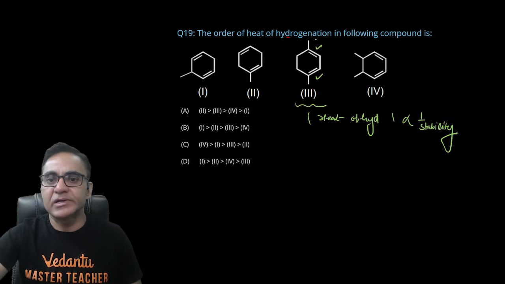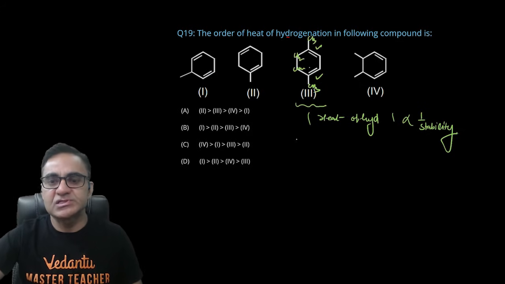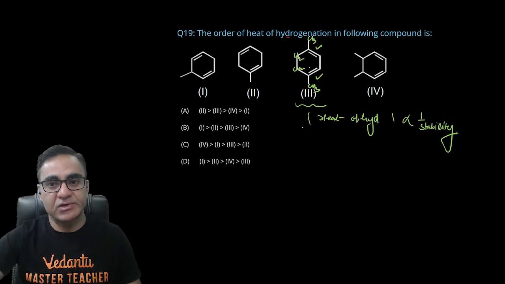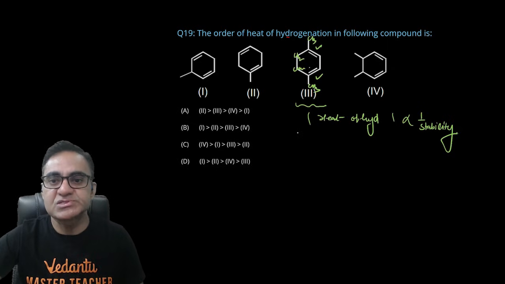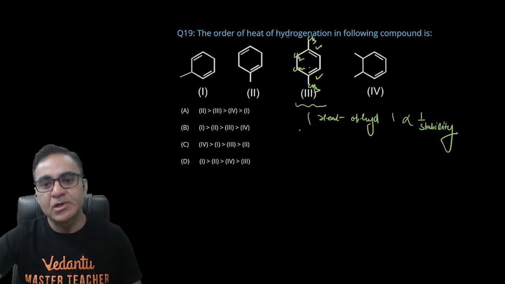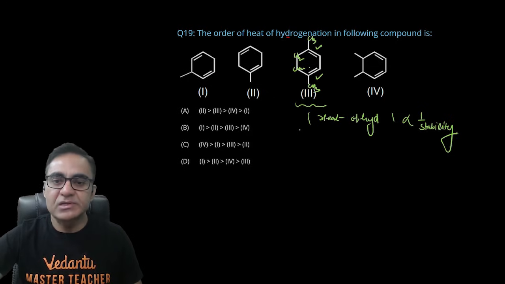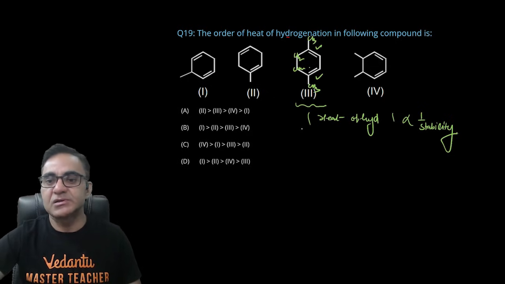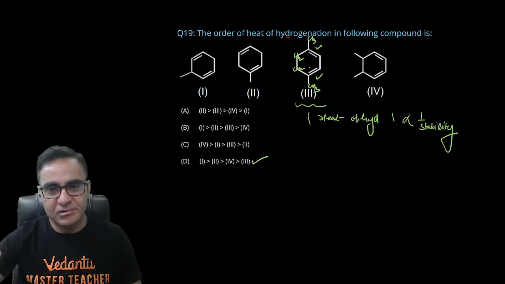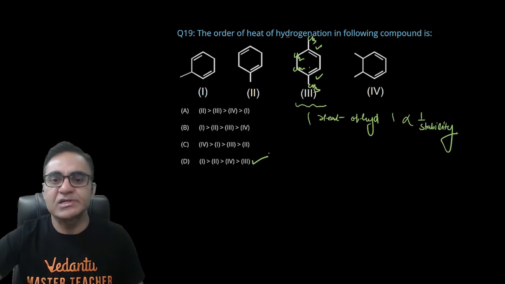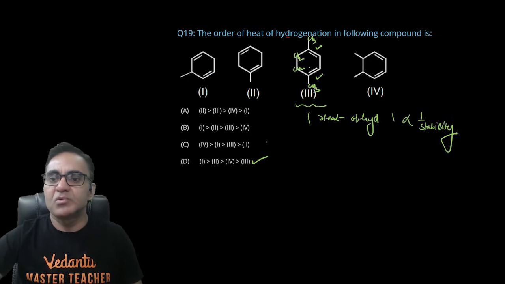क्या रीजन है, एक तो कॉन्जुगेटेड डाइईन है, ऑलराइट, और दूसरे ये तीन मिथाइल के 3 अल्फा हाइड्रोजन और ये मिथाइलिन के 2 यहाँ से 2 यहाँ से, टोटल 3 3 6 4 10, देयर आर 10 अल्फा हाइड्रोजन्स फॉर हाइपरकॉन्जुगेशन व्हिच इज द एडिशनल स्टेबिलिटी फैक्टर। तो थर्ड इज गोइंग टू बी द मोस्ट स्टेबल, देयरफॉर थर्ड इज गोइंग टू हैव लीस्ट अमाउंट ऑफ हीट ऑफ हाइड्रोजनेशन, इसलिए आपका आंसर तो आ गया। अब अगर एग्जाम में आता है तो स्ट्रेट अवे आप चले जाइए, बट वी नीड टू अंडरस्टैंड कि बाकी का ऑर्डर क्या होना चाहिए। मोस्ट अनस्टेबल होगा,